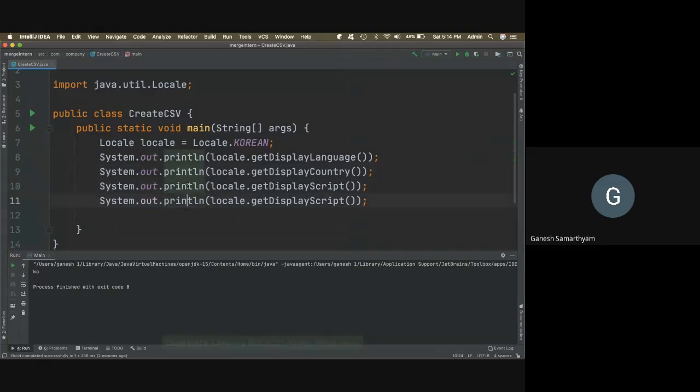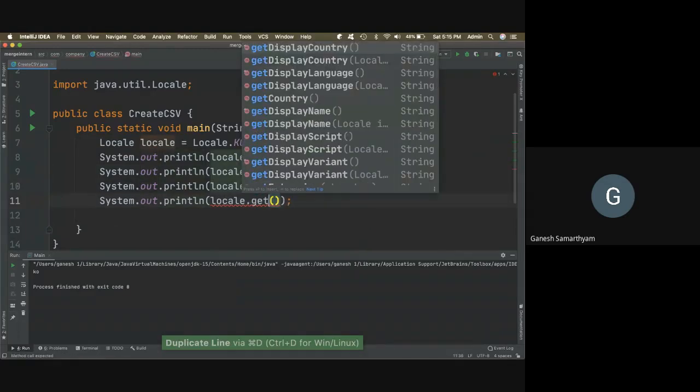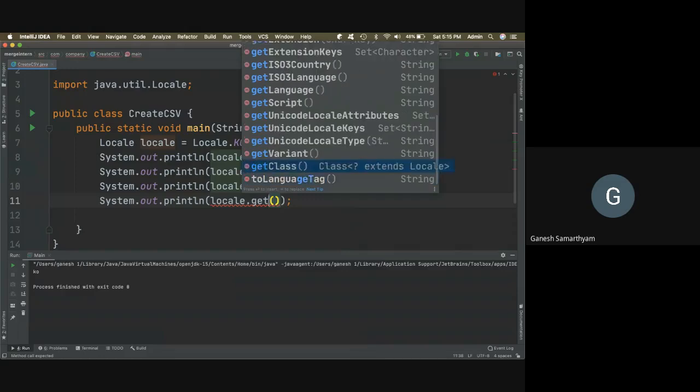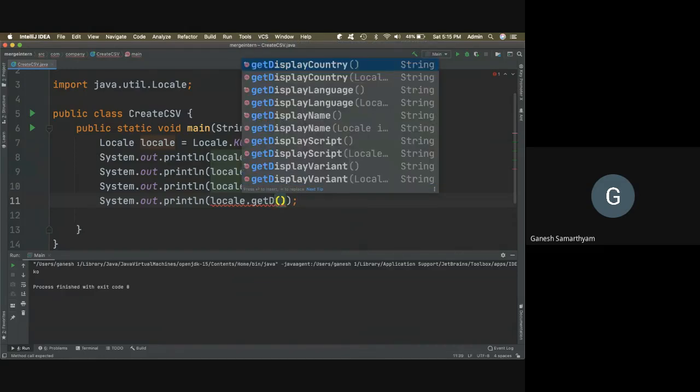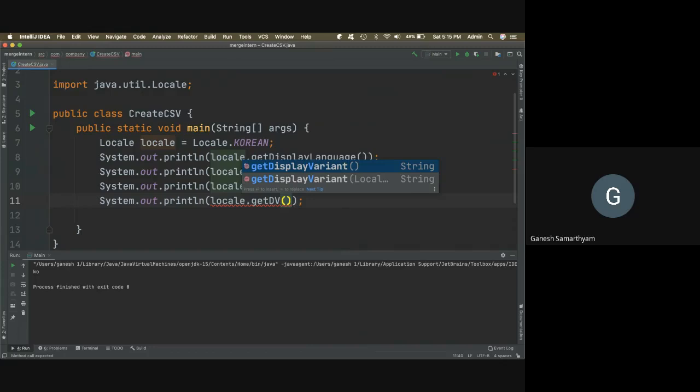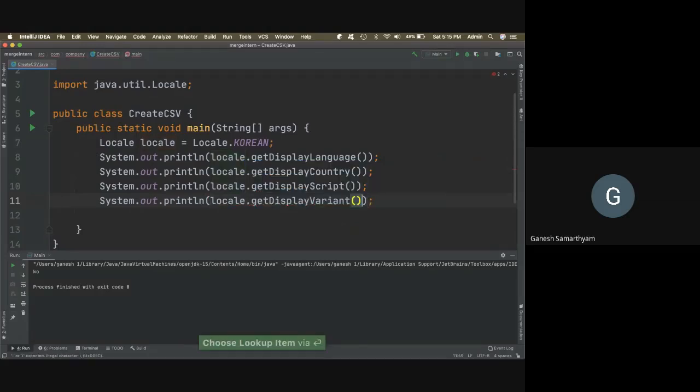And let's see this, dot get display variant. I typed DV because it's camel casing, right? Get D and V, which is display and variant. So with that, I'll be able to get all four details.